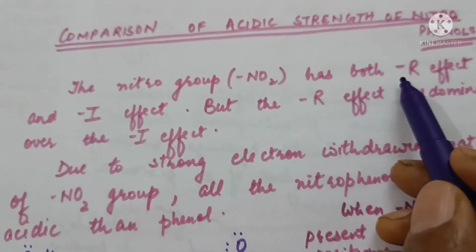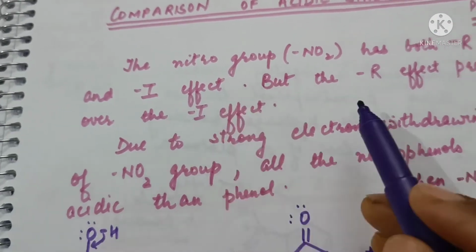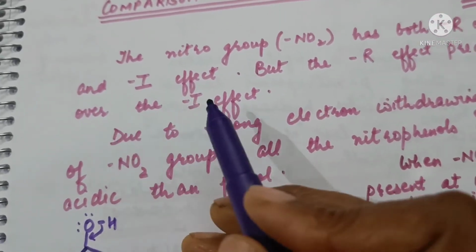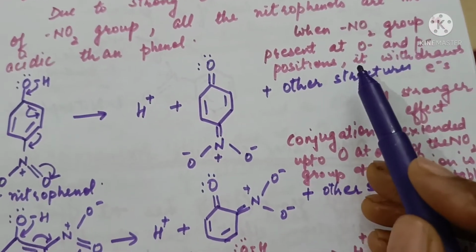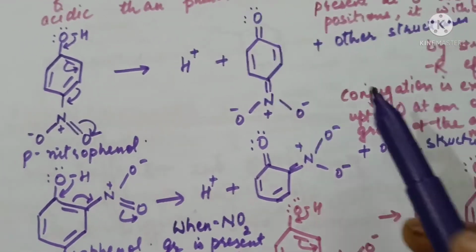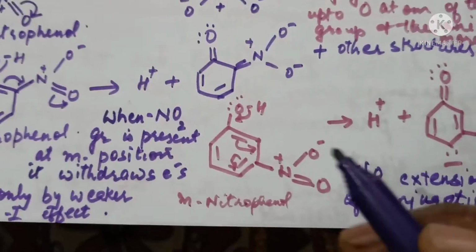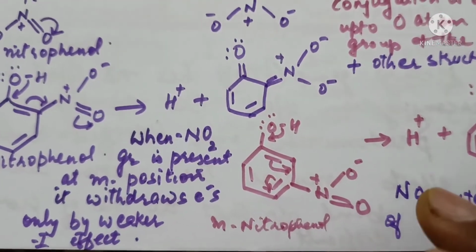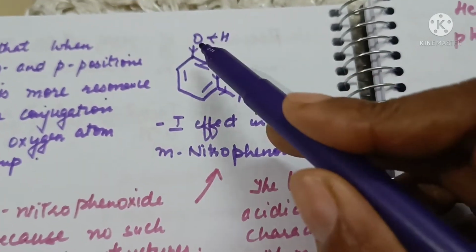Nitro group has both minus R effect and minus I effect. In case of ortho and para compounds, the minus R effect will predominate over the minus I effect. Nitro group, when present at ortho and para position, withdraws electrons by the stronger minus R effect. Conjugation is extended to the oxygen atom of the nitro group. In case of meta-nitrophenol, there is no resonance effect, only minus I effect,